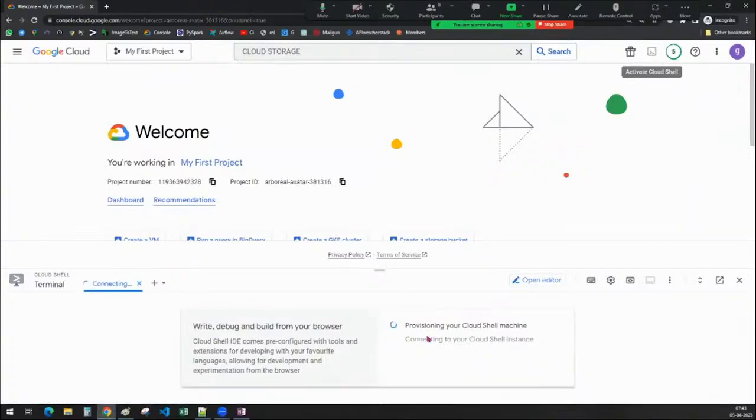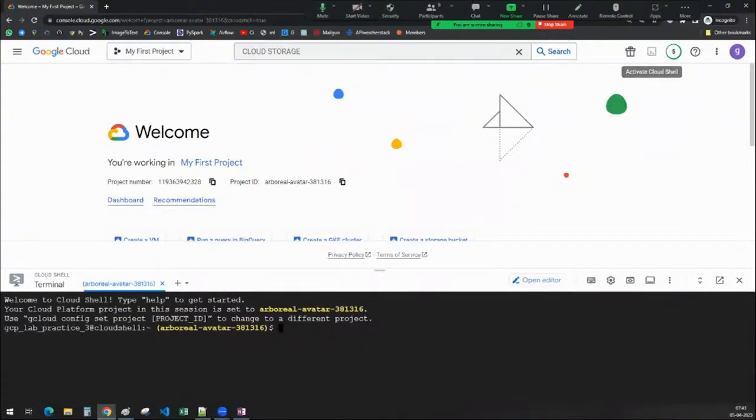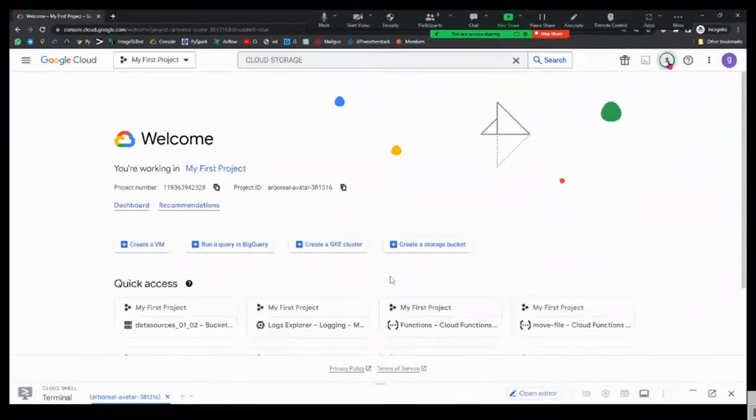Okay, we will see what actually a Cloud Shell is and what kind of tool it is, and I will give an introduction to the Cloud Shell also, guys, but for now let us not worry about that. And after that, this is where you will be able to see all